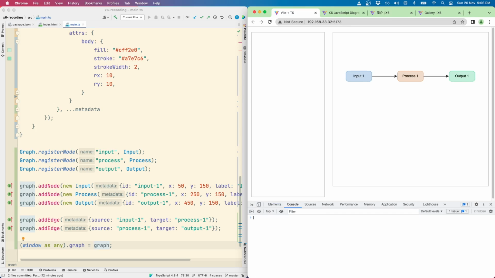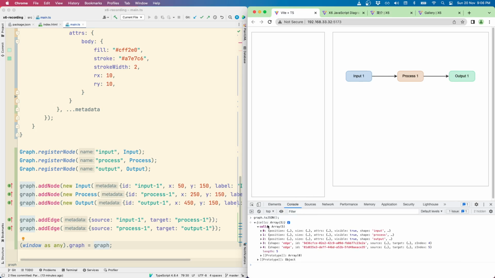In order to convert the state of the graph in its current state to JSON, we simply have to do graph.toJSON. Now remember that everything here, whether it's a node or an edge, is a cell. That's why we see this cells array with 5 items, because we have 3 nodes and 2 edges.